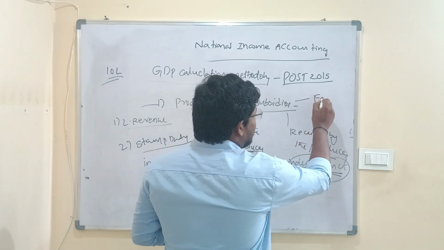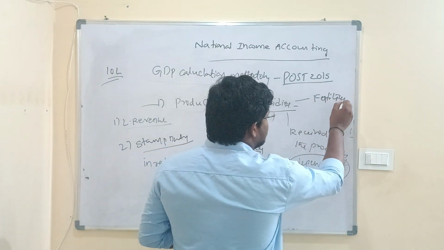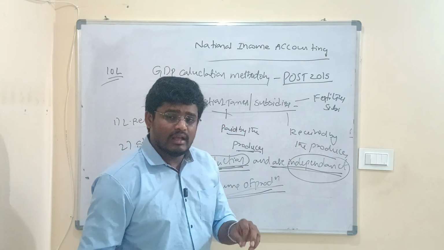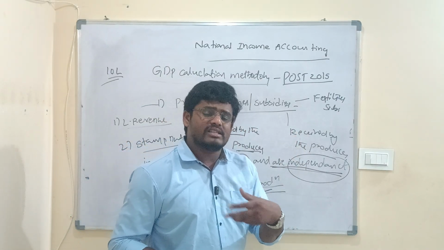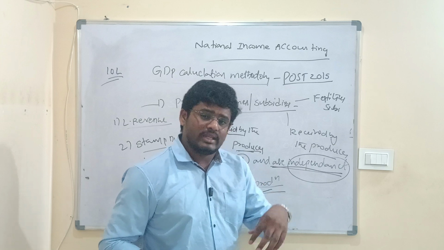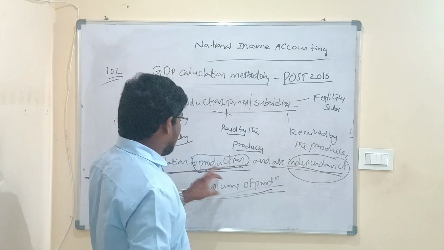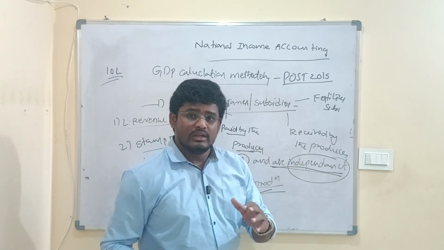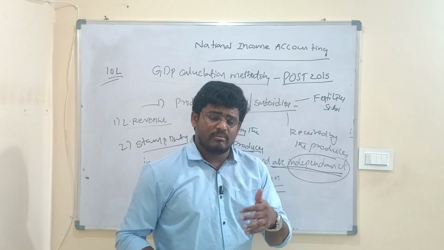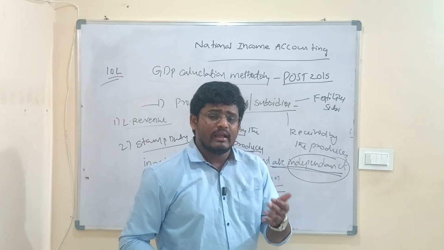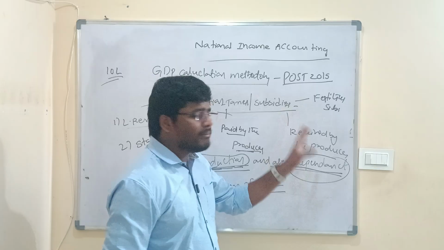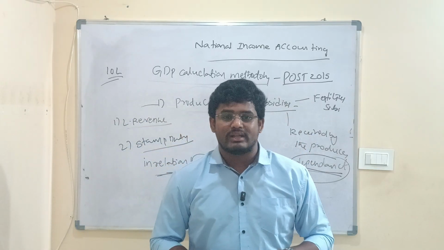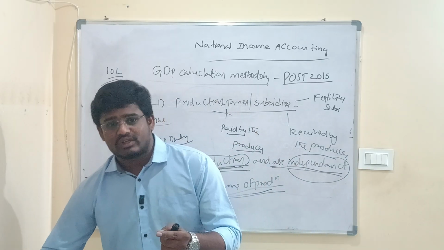Now the best example which we have is fertilizer subsidy, which means, what does it mean when a farmer gets a fertilizer subsidy? Because by receiving such a subsidy he is going to produce something, so it is received by the producer in relation to production, and it is independent of the actual volume of production. How much production we do, how much urea we use, is not related, but they are received by the producer. So this is the one concept which we have to understand with regards to production taxes or